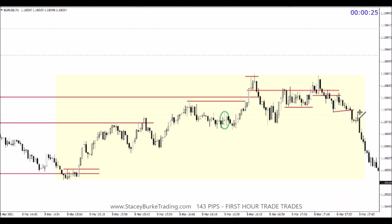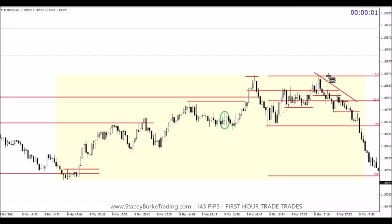Once that middle structure is broken, if you're already in the market, I'd be at break even on the break of this pullback. If traders were entering into the market on the right shoulder on the shortened M, again, there's the potential for a measured move. We have the low of our rectangle. I'd be aiming for a minimum of 1 full expansion of that range, but in most